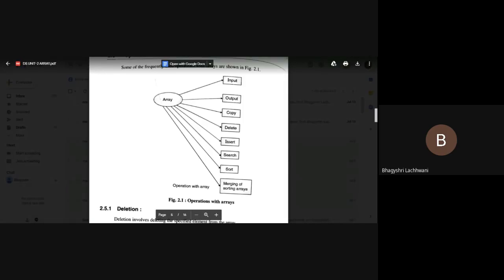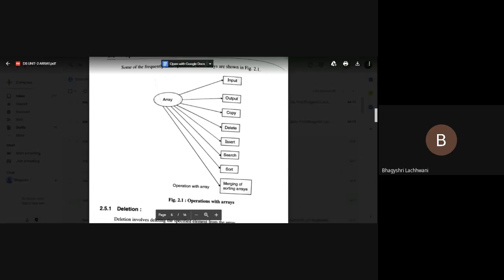So at the time of search, there are two conditions. First, you go through the whole array but the searching criteria is not found. Second, if somewhere in between you find that this position has the searching criteria, just stop your searching there and there is no need to check the further elements. This was about searching.